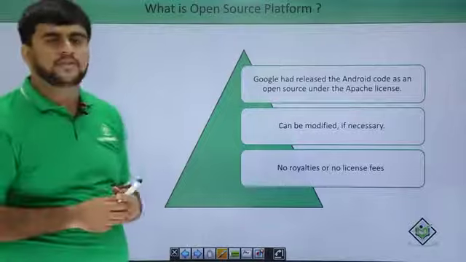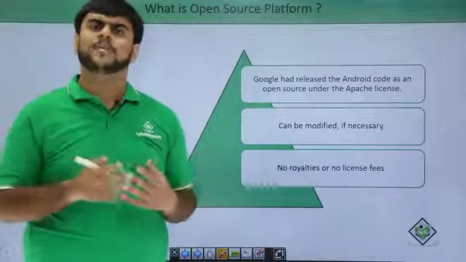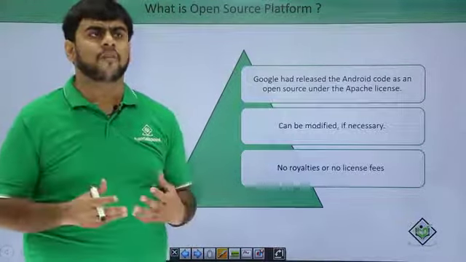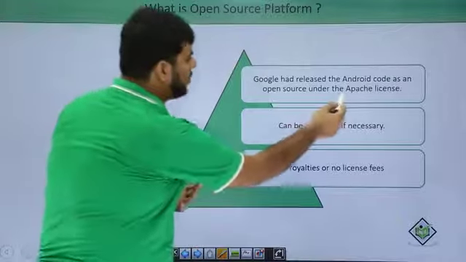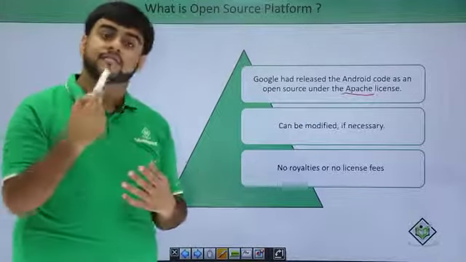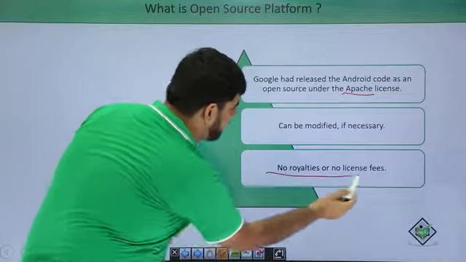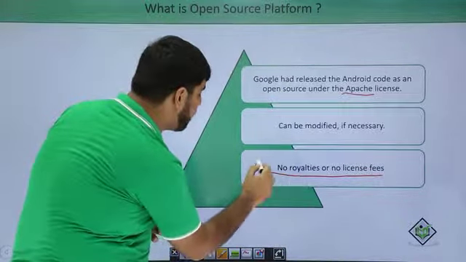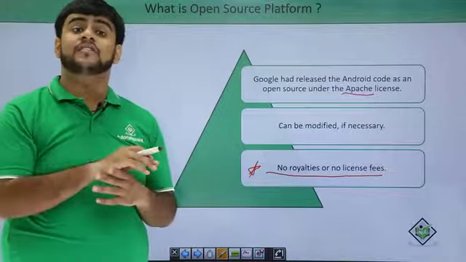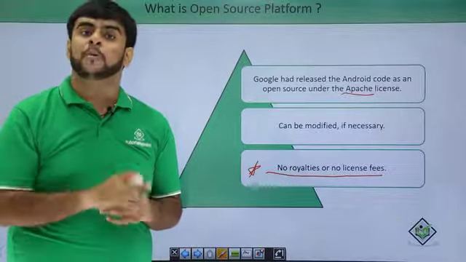So what is open source first of all? Open source is nothing but software that is released under an Apache license and is free, and there's no royalty to be paid to use that particular software. This is the main power of Android because there are no fees and no royalty to be paid.